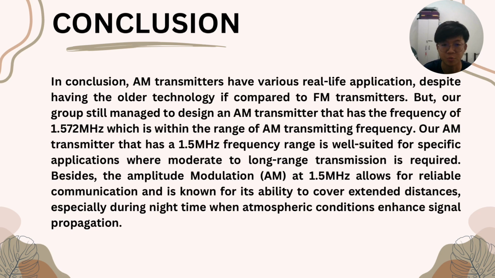In conclusion, AM transmitters have various real-life applications, despite being an older technology compared to FM transmitters. But our group still managed to design an AM transmitter that has a frequency of 1.572 MHz, which is within the range of AM transmitting frequency. Our AM transmitter is also well suited for specific applications where moderate to long-range transmission is required. Besides, amplitude modulation at 1.5 MHz allows for reliable communications and is known for its ability to cover extended distance, especially during nighttime when atmospheric conditions enhance